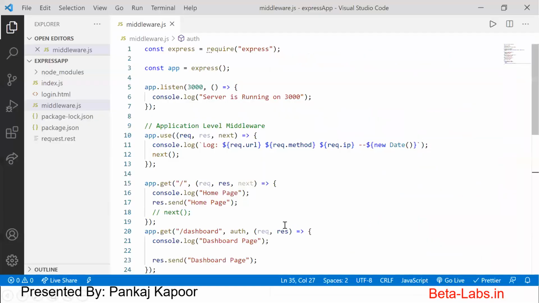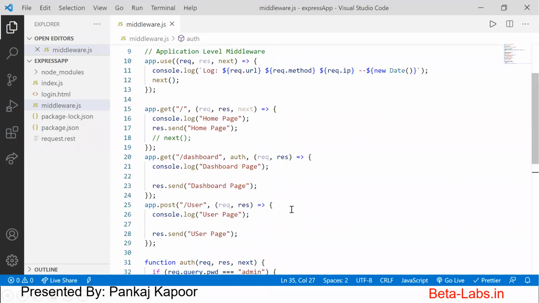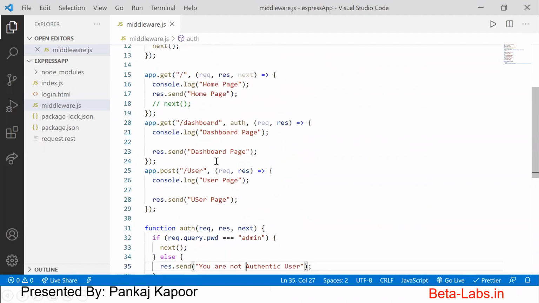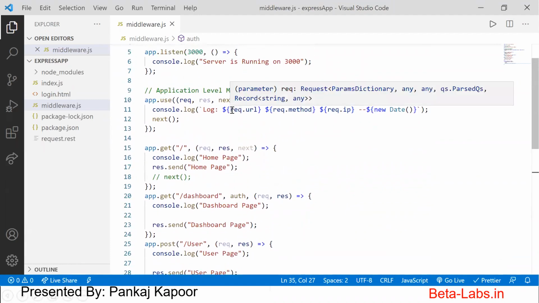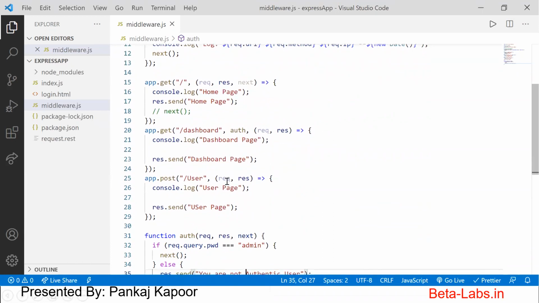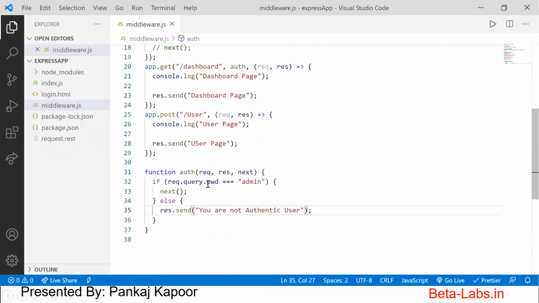This is the code we discussed in the last class. We created an authentication middleware, and we also discussed the application level middleware. Now, talking about the route level middleware, we validate whether the username is admin, and at that time the user can access the page.